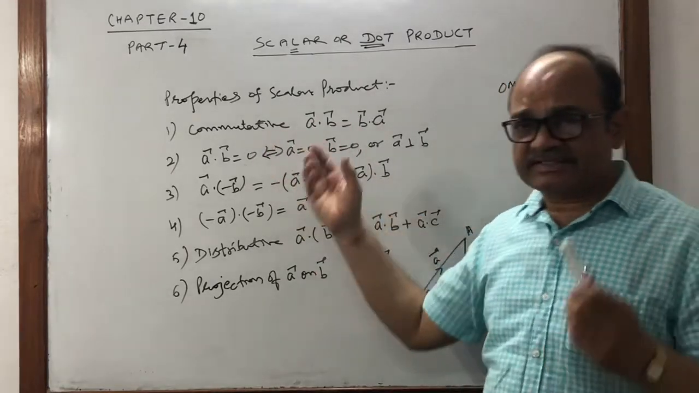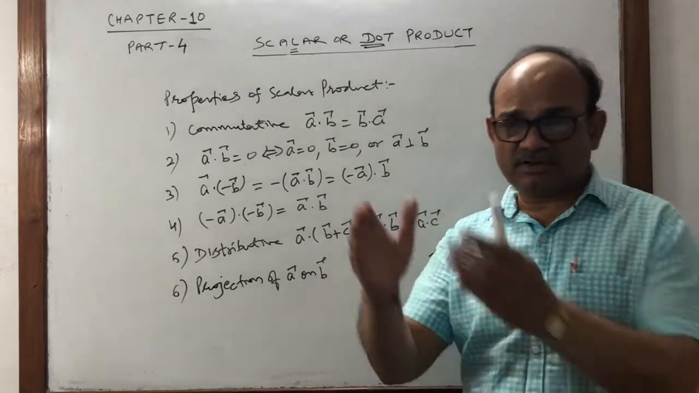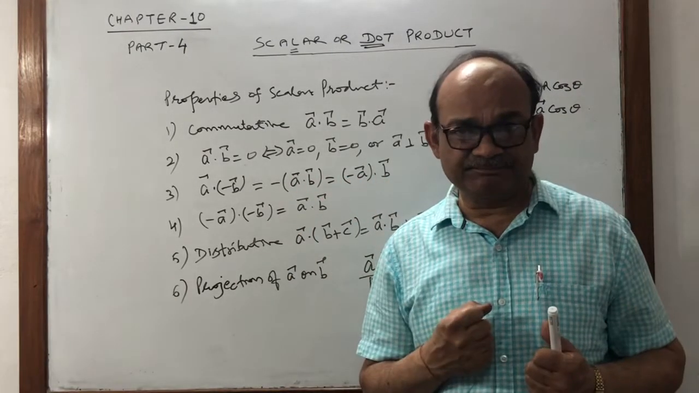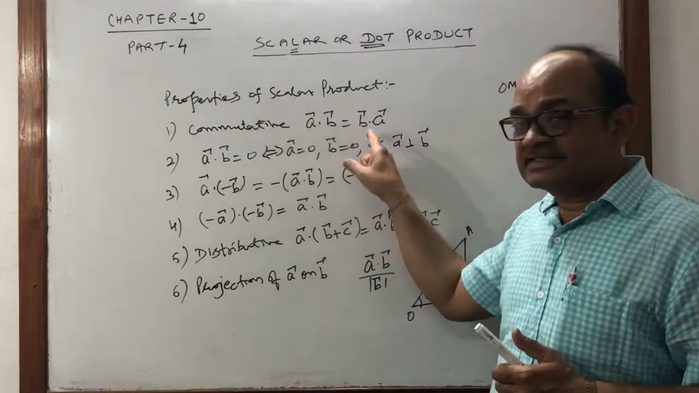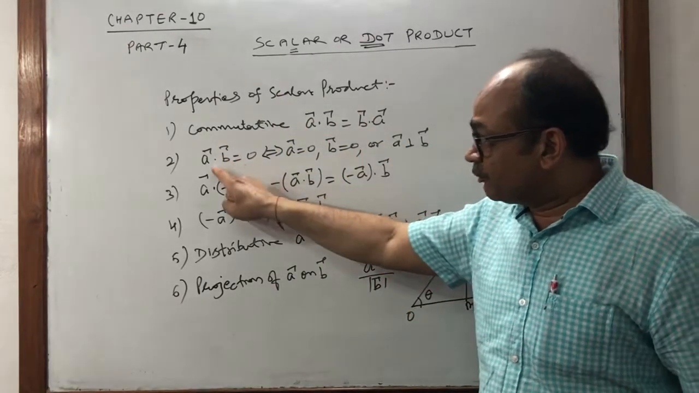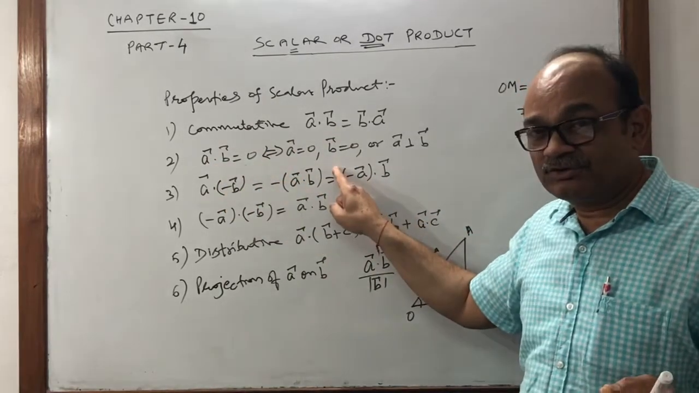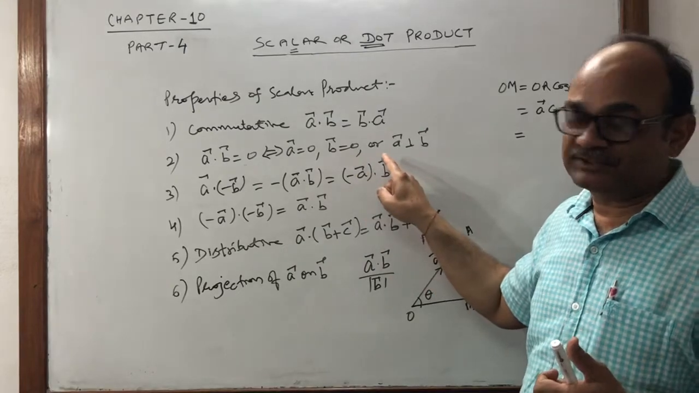The first one is very simple. A dot B is the same as B dot A, because the order is changed but cos theta is the same. That's why A dot B is the same as B dot A, that is the commutative law. Second, A dot B equals 0. Then either A is 0 or B is 0, or theta equals pi by 2, that is